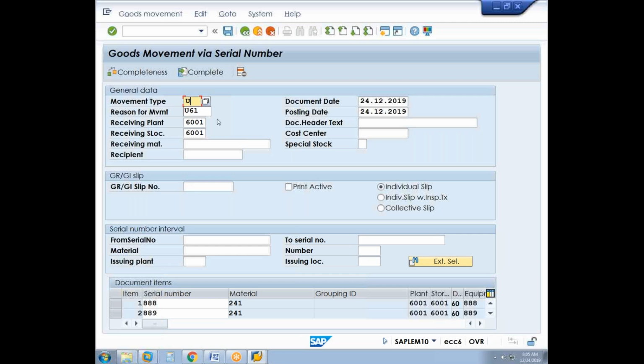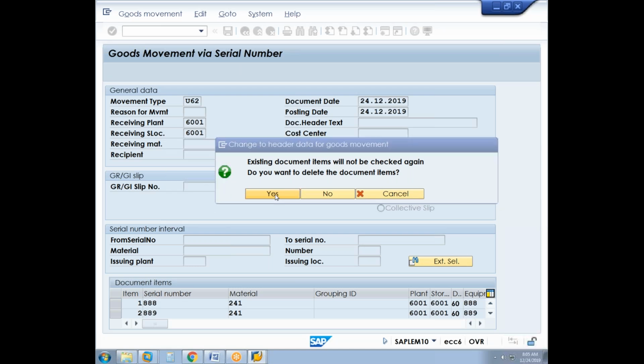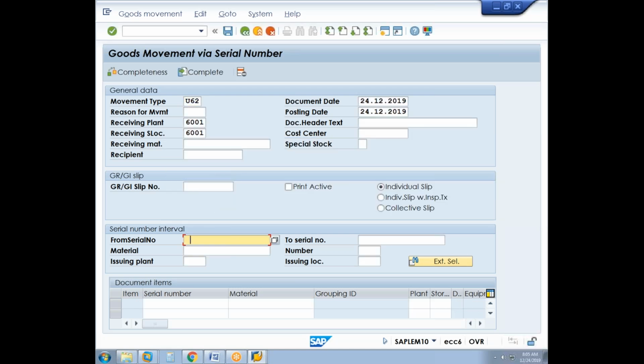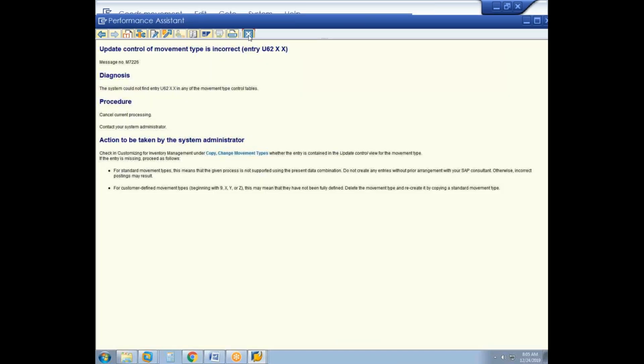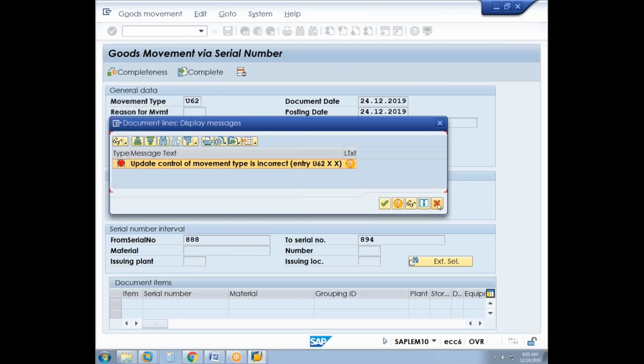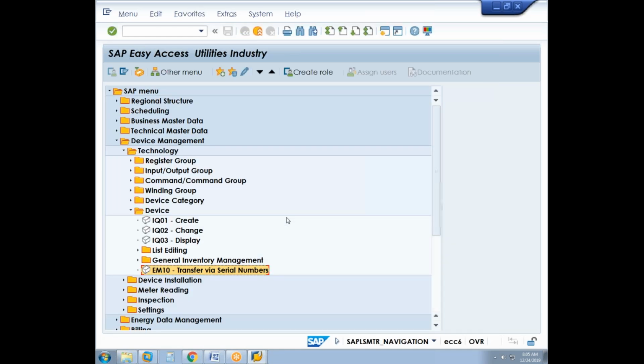So if you go to U62 completeness, again from serial number 888 to 894, the update controls are missing again here. So originally SAP gave it, but they could not give the update control. Then they issued a SAP note. In a particular SAP note, they gave the coding, and as per the coding, if you do the coding design,